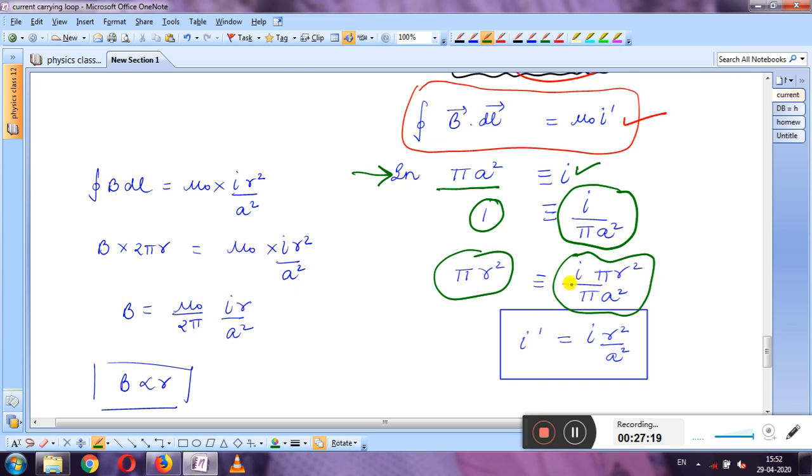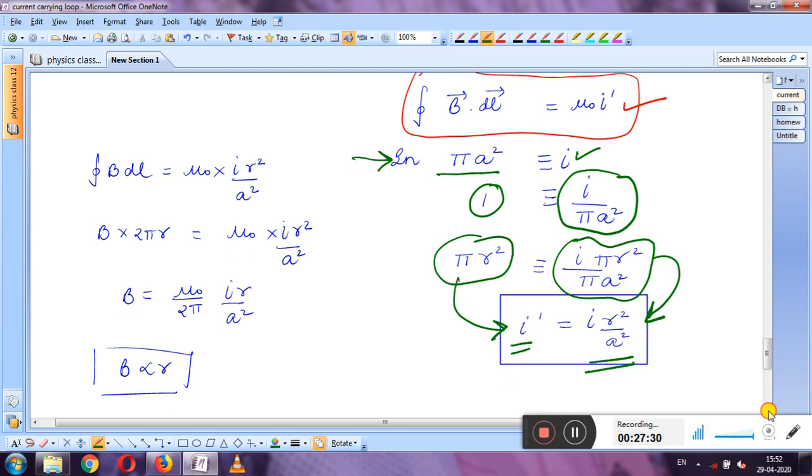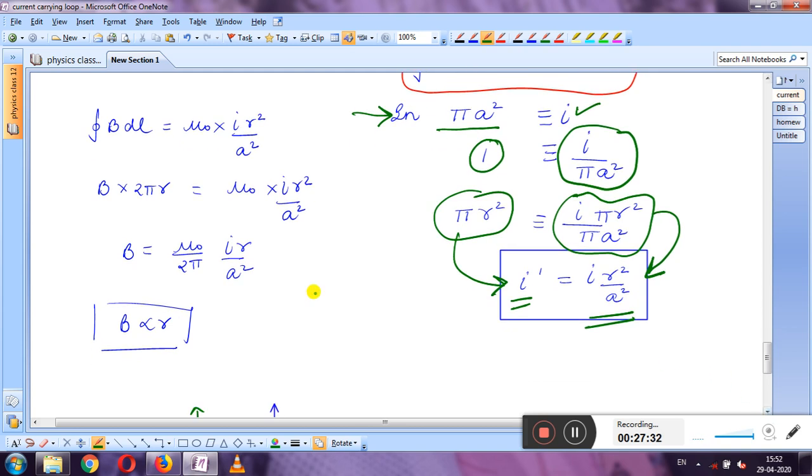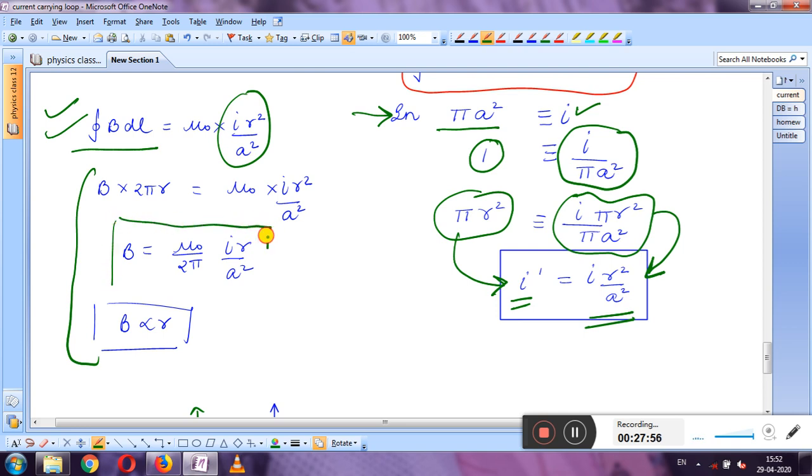For this reason we have considered that current flowing will be equal to I dash. After solving this we will get the value of I dash as I r square upon a square. Then in the Ampere circuital law we substituted. Left side we will solve in the same way. B dot dl will be equal to B dl cos theta, and cos theta value will be equal to 1 again because theta is 0. In place of I dash we substituted the value, and after solving this we will get the expression B is equal to mu naught upon 2 pi I r